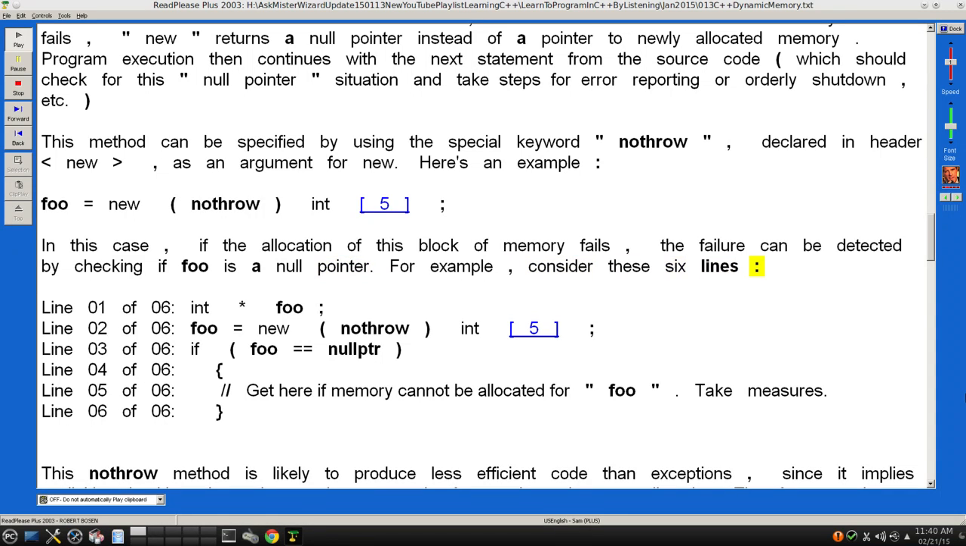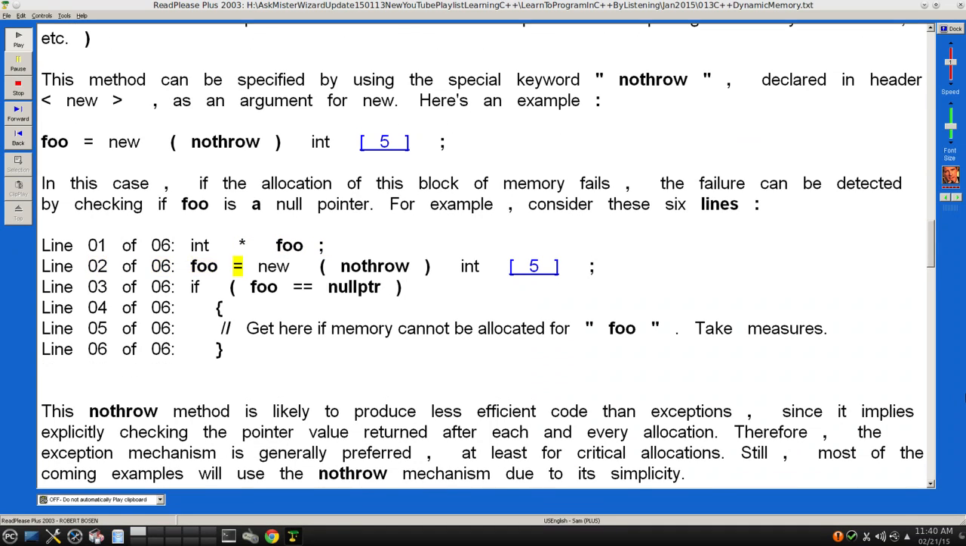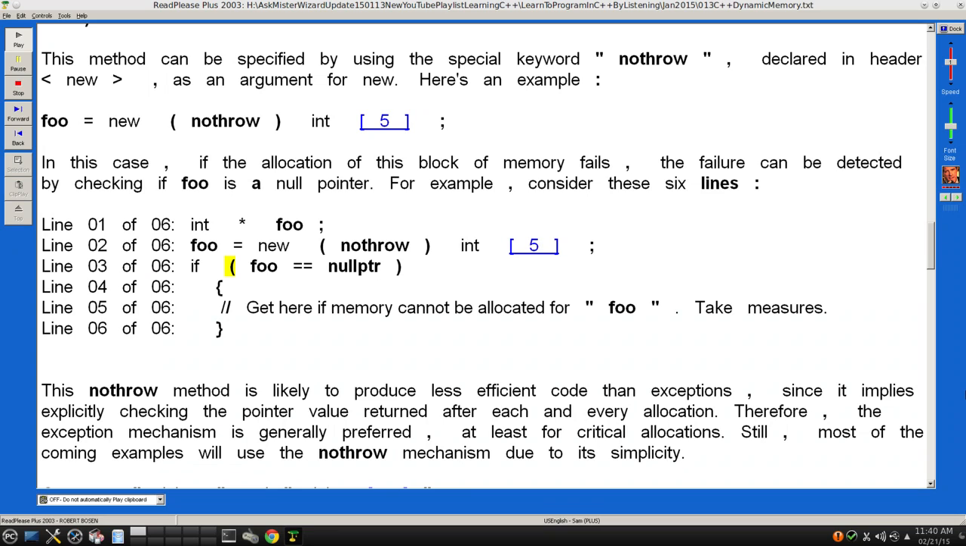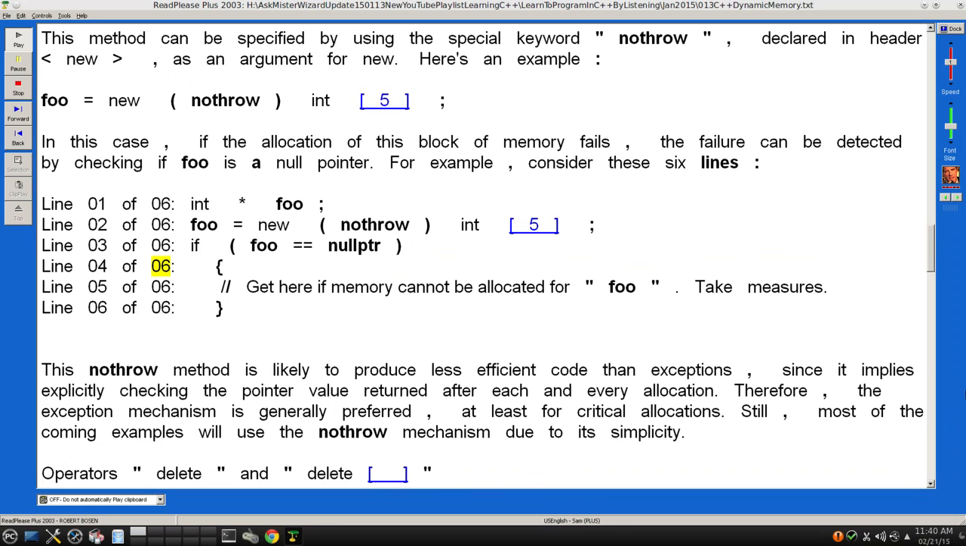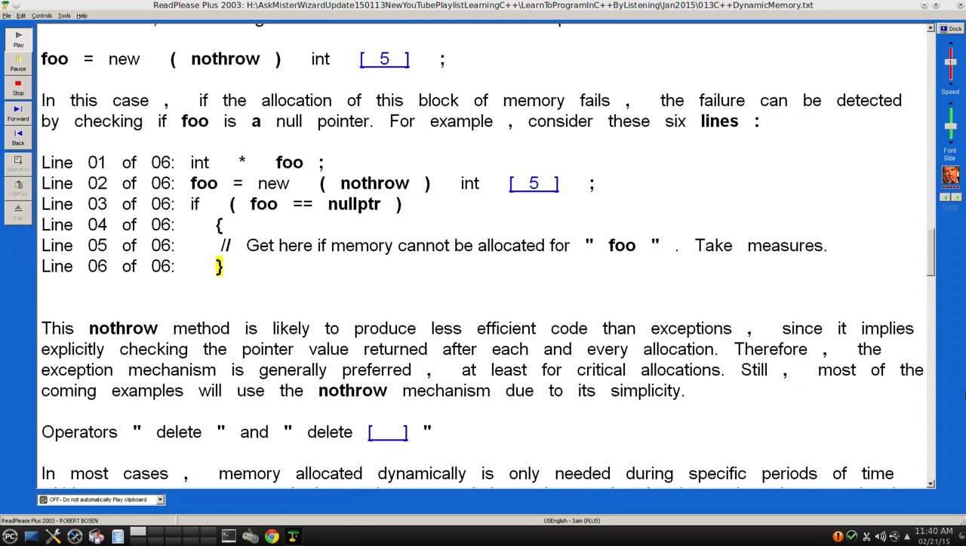For example, consider these 6 lines: Line 01 of 06: int * foo; Line 02 of 06: foo = new (nothrow) int[5]; Line 03 of 06: if (foo == nullptr) Line 04 of 06: { Line 05 of 06: // get here if memory cannot be allocated for "foo". Take measures. Line 06 of 06: }